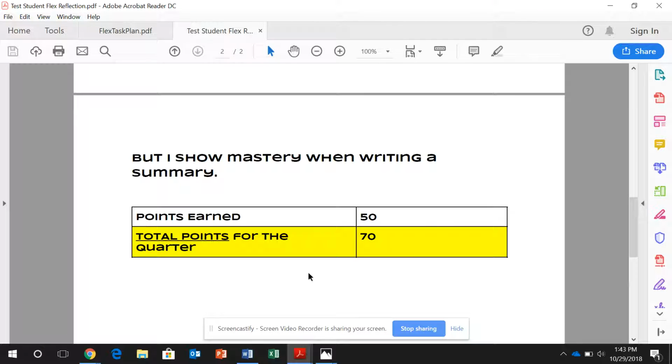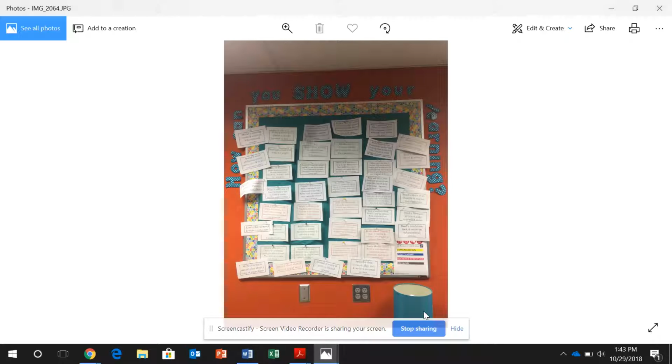So this is a great place for you to keep track of where they are throughout the quarter in getting to 100. So this student would have earned 50 points for the book group. Somewhere along the line, they probably did a 20-pointer, so they're up to 70, and they still have 30 to go for the quarter. Now, the cool part is